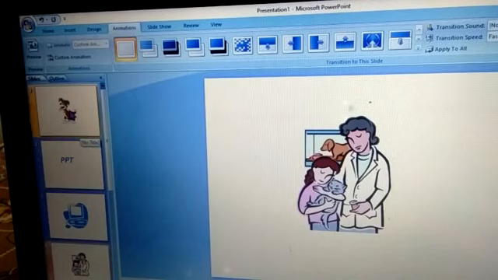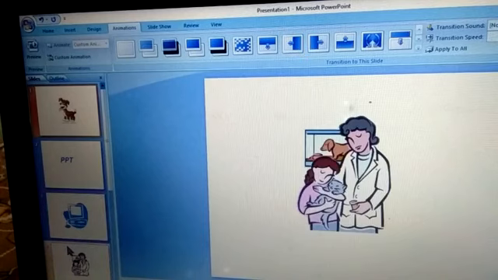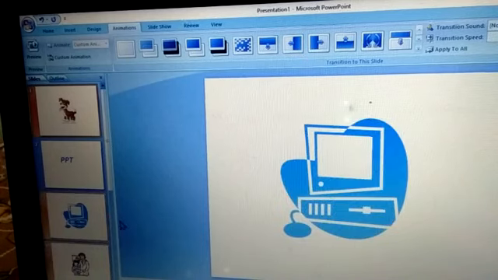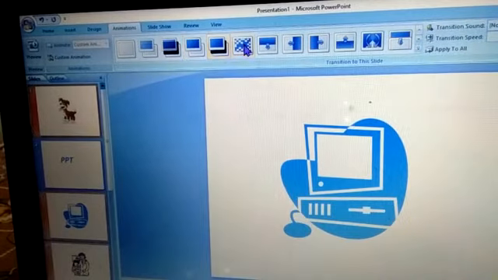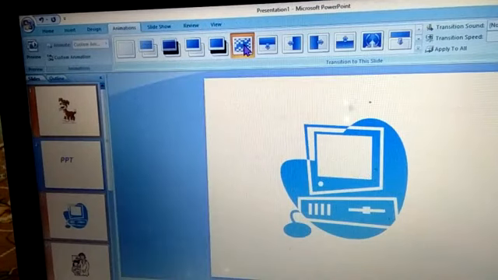So to select two slides at one go, or more than two slides, what you need to do: first you will select the first slide, then you will click on the control button on your keyboard. With that, whichever slide you want to select, if you want to select fourth also you can, third also you can. So first, third and fourth will have the same transition because right now these three have been selected. I want this slide transition. So these three slides will have the same slide transition.